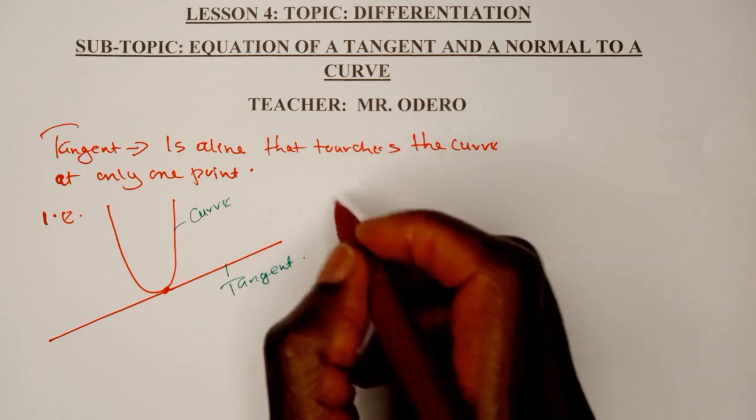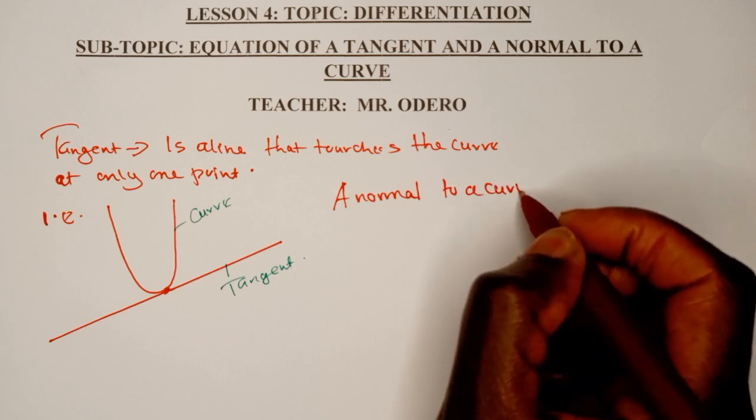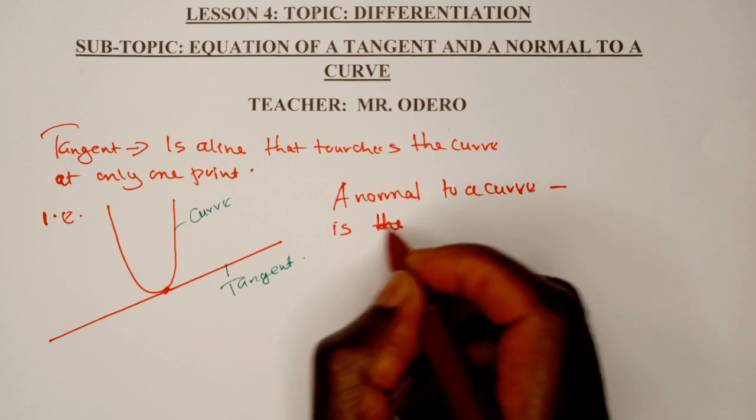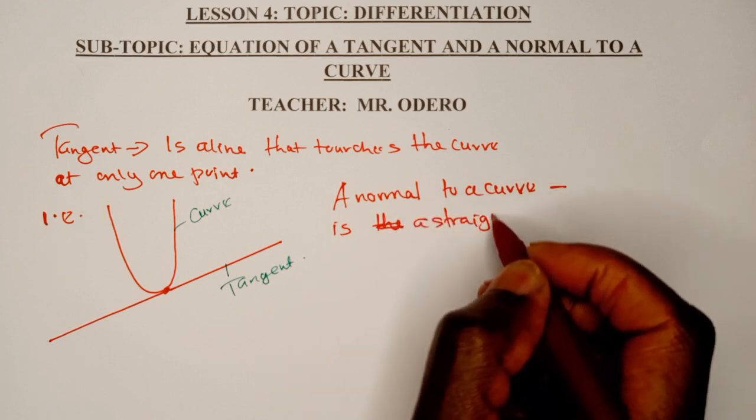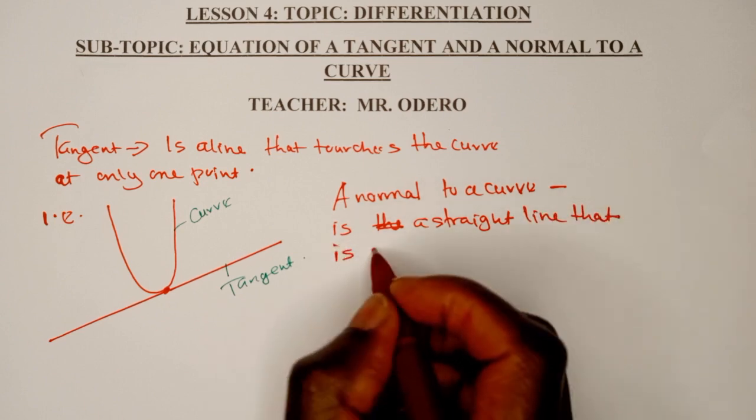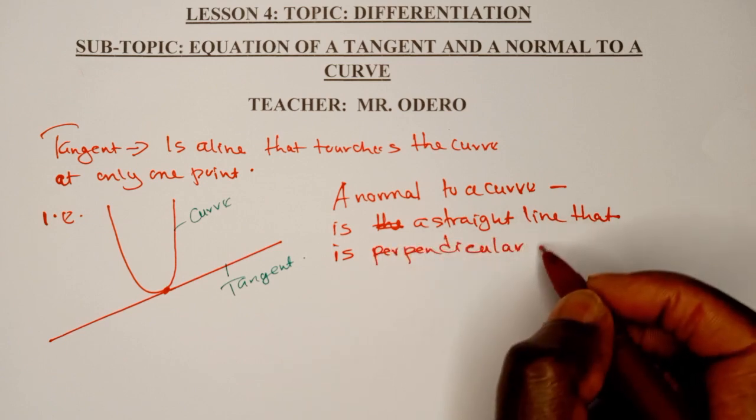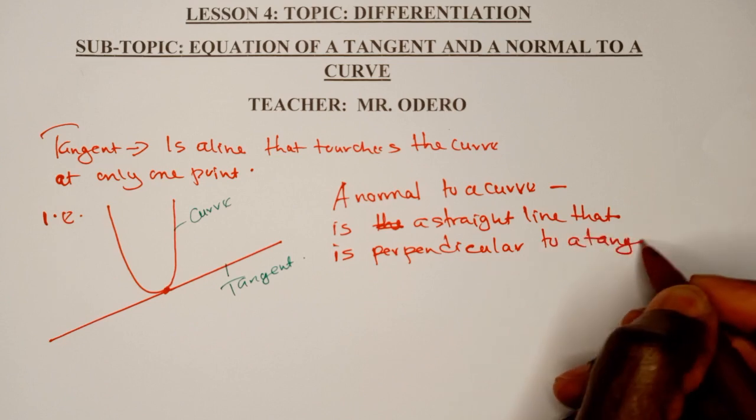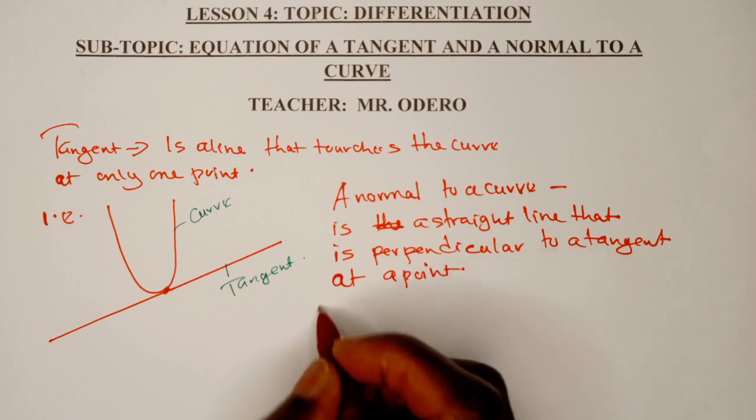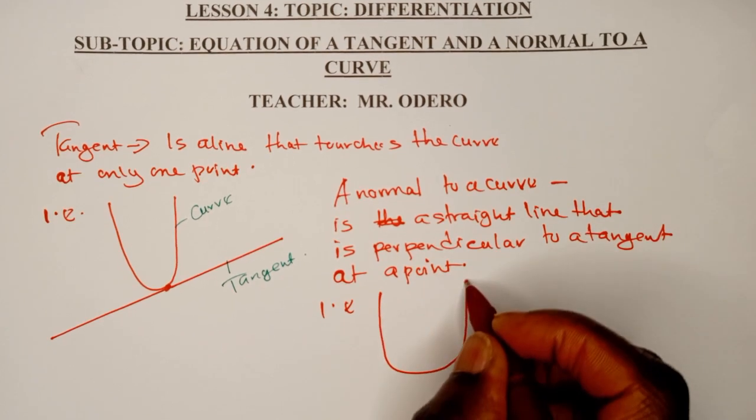Now, what is a normal? A normal to a curve is a straight line that is perpendicular to a tangent at a point, i.e., if this one is my curve,